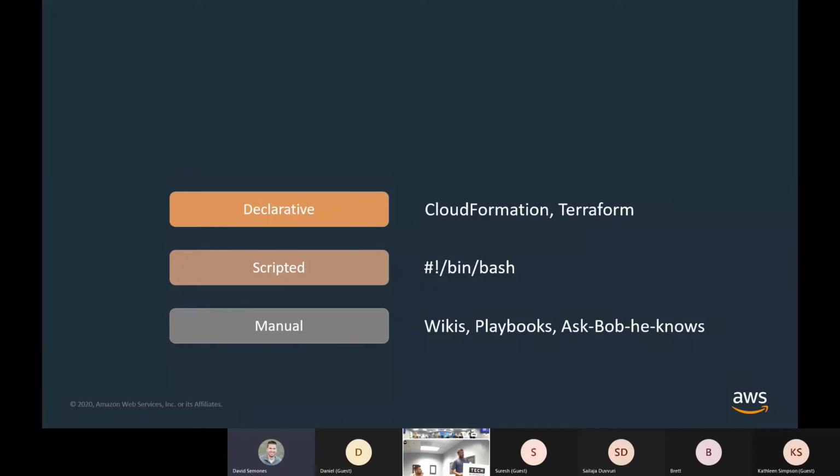So the next step is something like CloudFormation or Terraform. Oh, sorry, next slide. So these are infrastructure provisioning engines. And what they do is they handle everything I described about gracefully handling a failure, rolling back the changes, deciding should I roll everything back? Should I just stop right here? Should I retry some number of times?